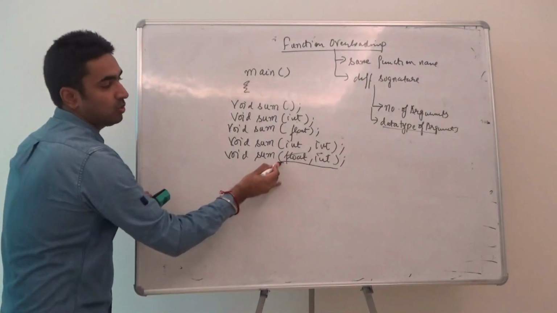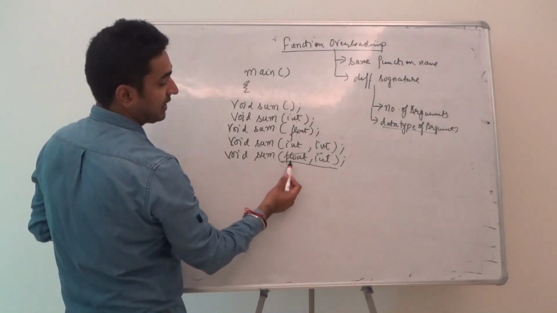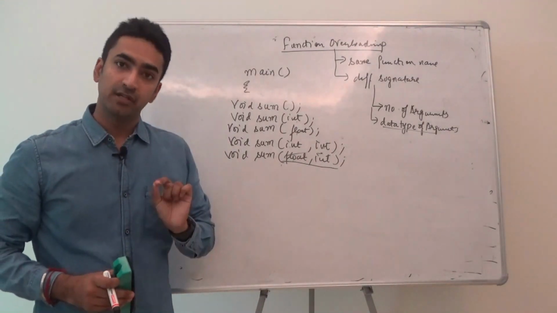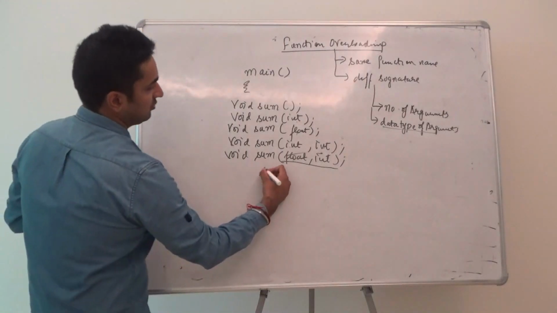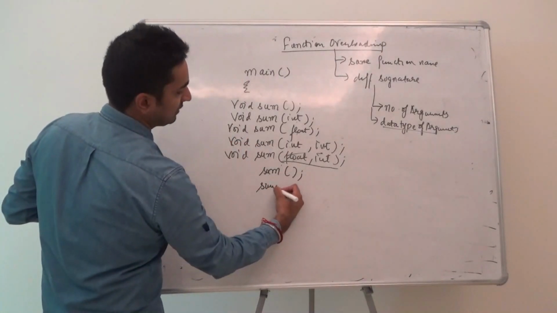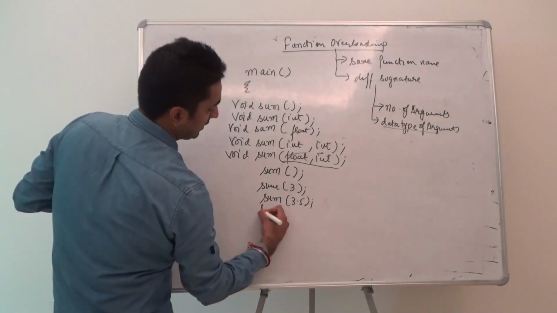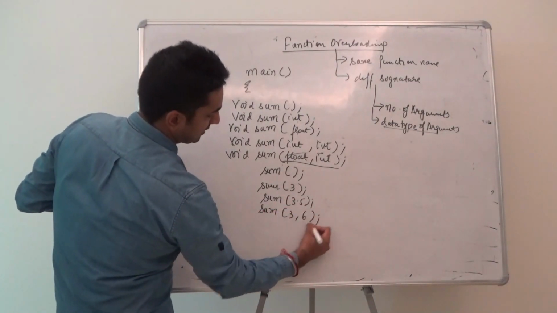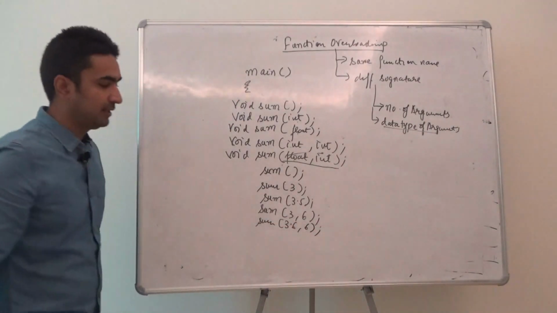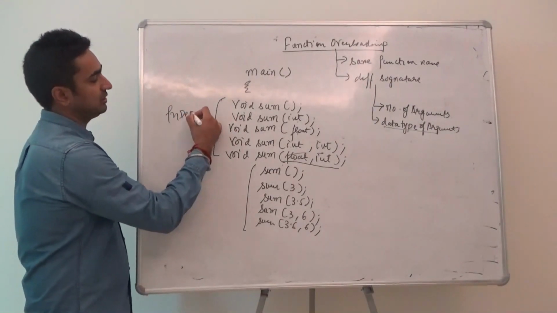Again over here two arguments are there. Again they are matching. The number of arguments are matching, but the data types inside are not matching. One is float and there are two ints in the previous one. Function overloading is possible. So I'm just using the function call. I'm calling this function sum as 3, sum as 3.5, sum 3, 6, sum 3, 6.6. Right?